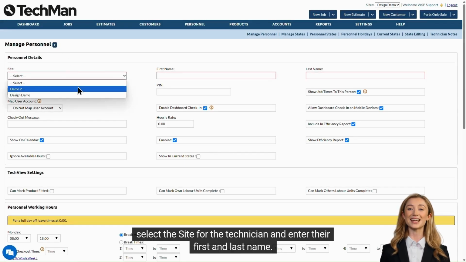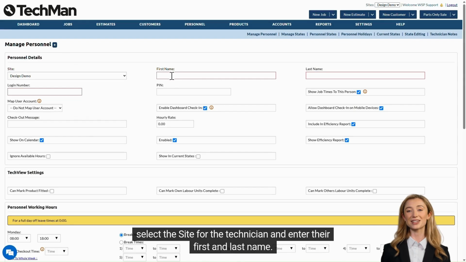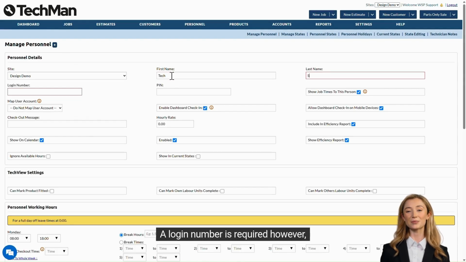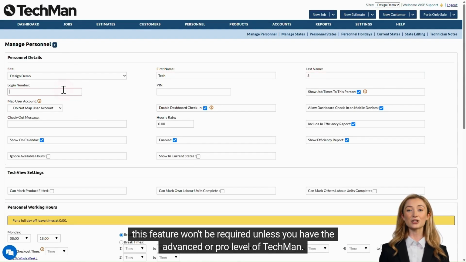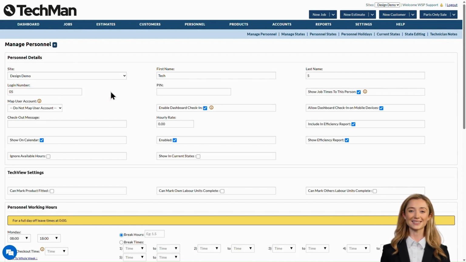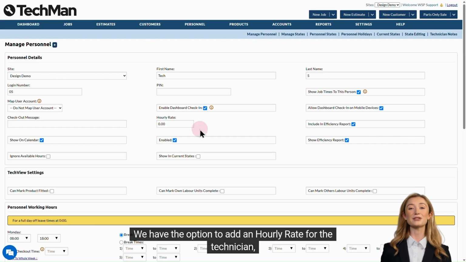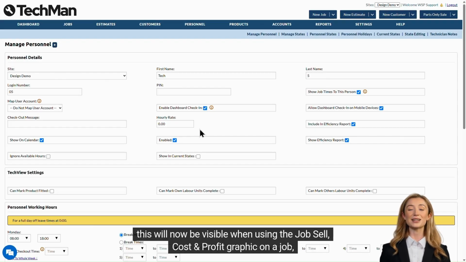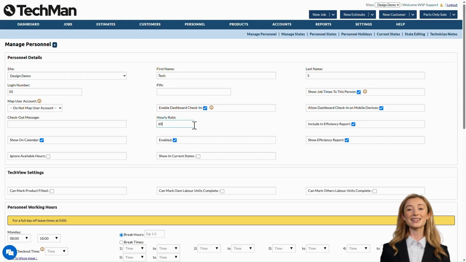First, select the site for the technician and enter their first and last name. A login number is required, however. This feature won't be required unless you have the advanced or pro level of TechMan. We have the option to add an hourly rate for the technician. This will now be visible when using the job cell, cost and profit graphic on a job and displays via